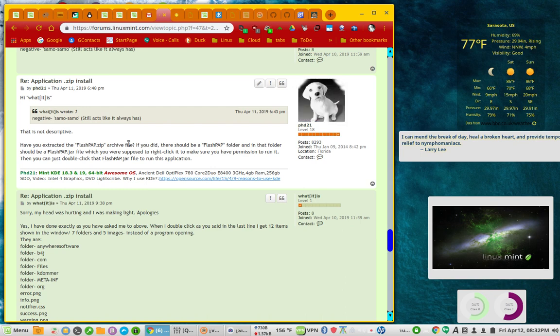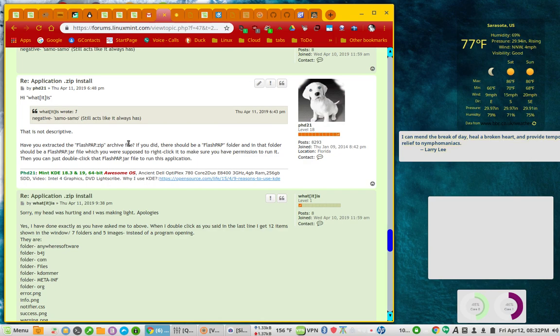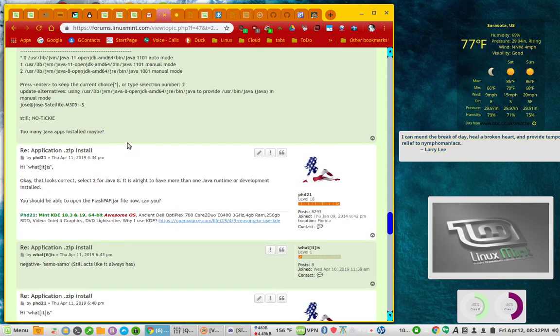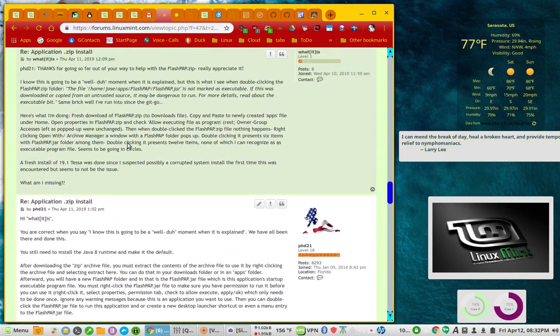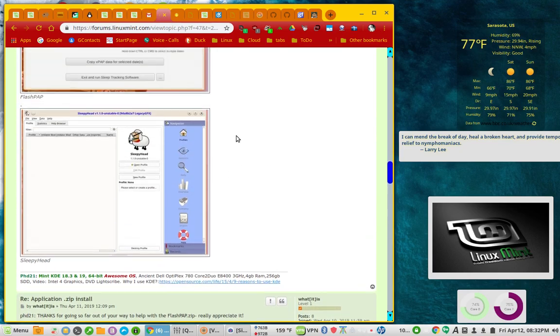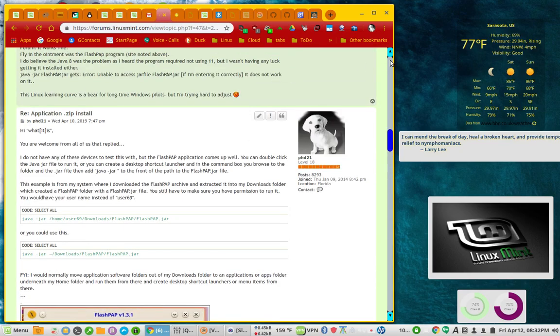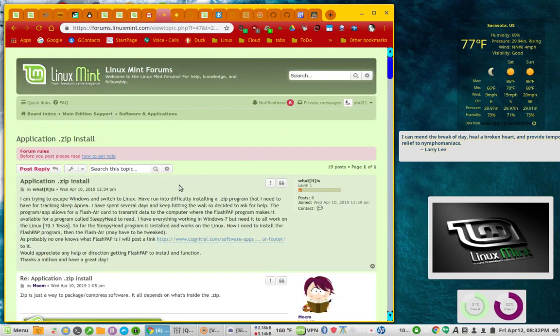Some are self-contained archive files, meaning everything is all ready to run. It's just in an archive file. You just have to extract the contents and run it. And this happens to be one of those. In other cases, that is not the case. You may have to compile the software. There could be other instructions,